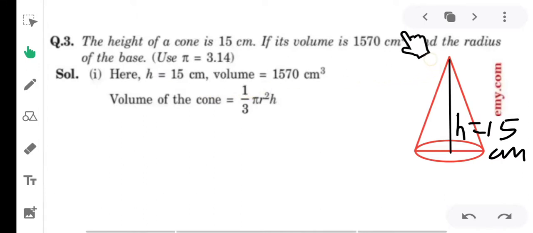यहाँ पर हमको वॉल्यूम ऑलरेडी दिया हुआ है. We do not need to find the volume but the radius, right? And the value of pi, which is not 22 upon 7, that is 3.14, we have to use it. So you can see that clearly in the solution. The height is already written over here and the volume is given, and we also have the formula, right? So simply let's start the solution.